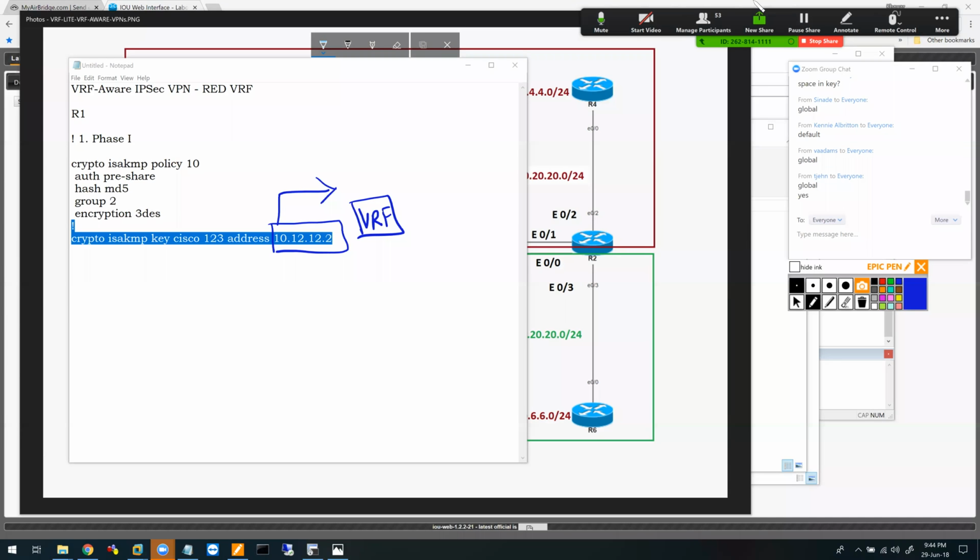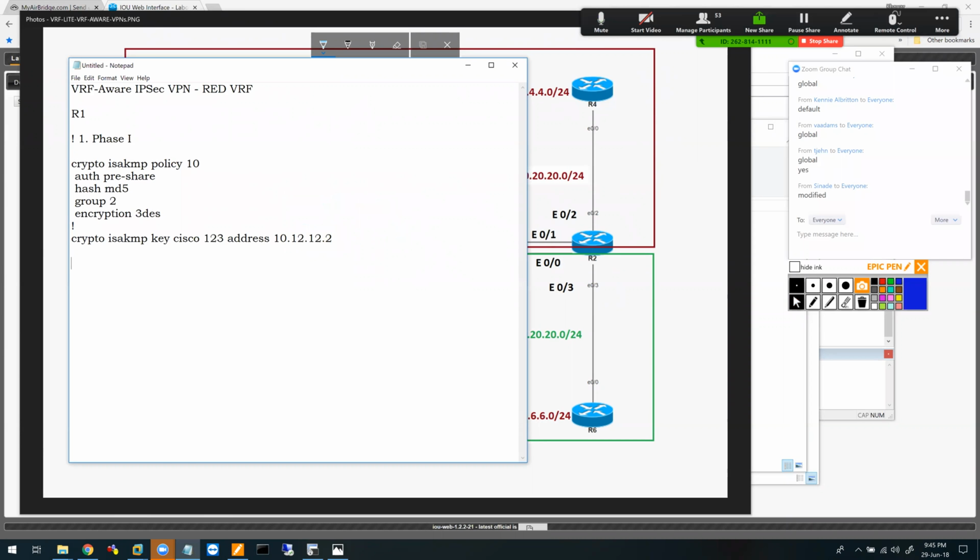Let's go back and take a look at the other configuration parameters, and then we'll come back and basically attack the problem with the key. The main problem is the key over here. So I'm going to keep it as is. And later on, I'm going to change it. So for right now, I'll do phase 2. Crypto IPsec transform set, key set, ESP triple DES, ESP MD5 HMAC,